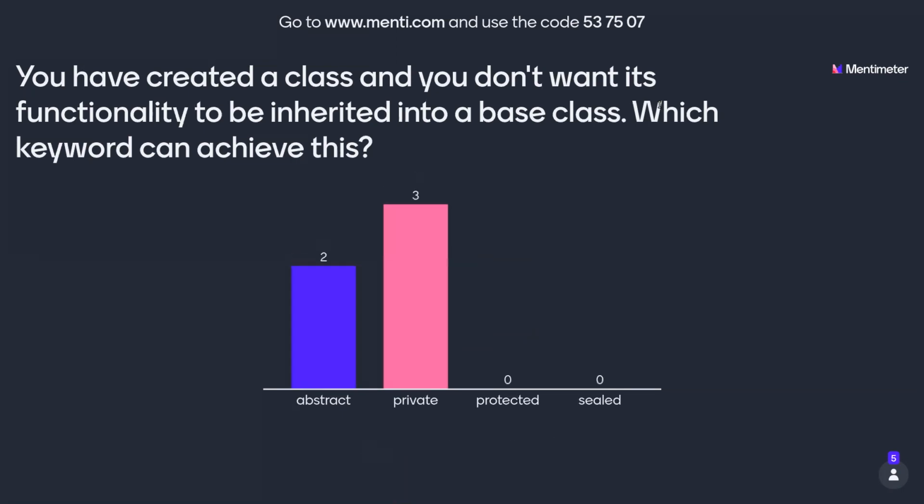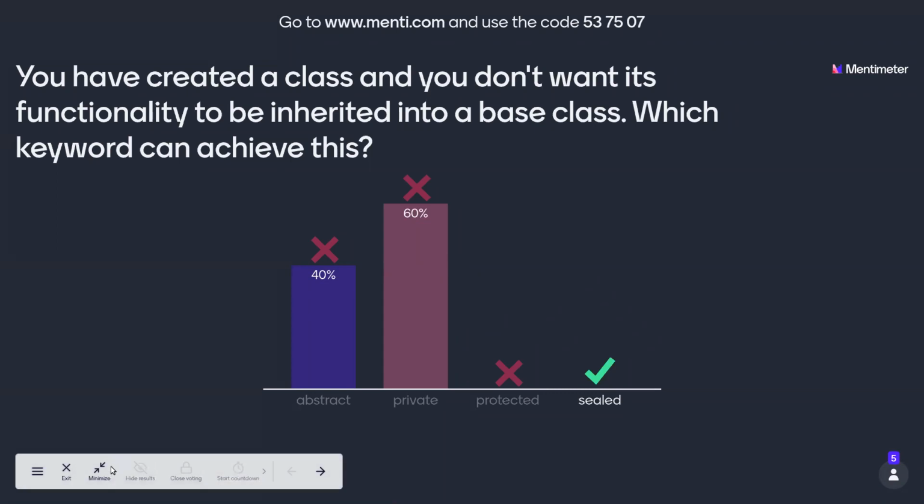Let's see what people said. Interesting. So no one said sealed. Okay, so abstract means that you can only inherit from the class. While I was reading it, I was thinking a lot of people will say private, because if you mark something as private, it'll stop specific functionality,